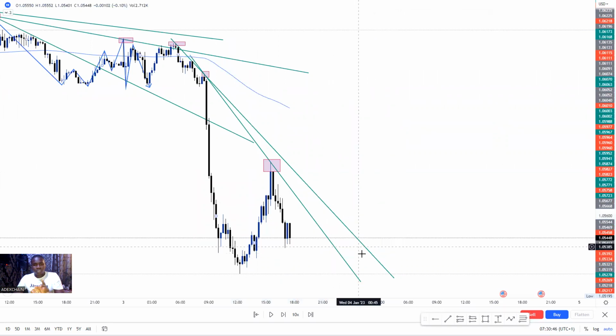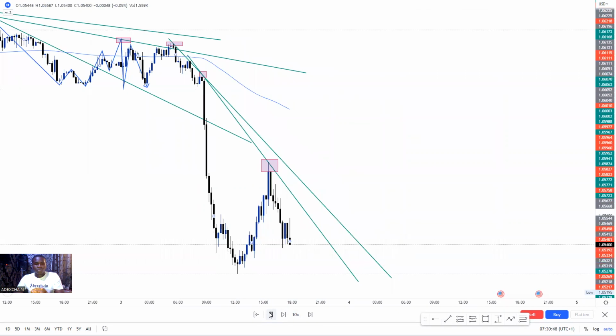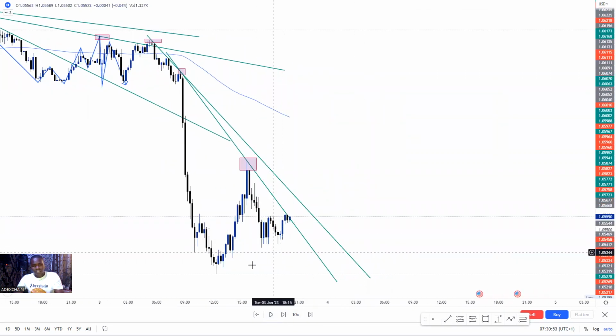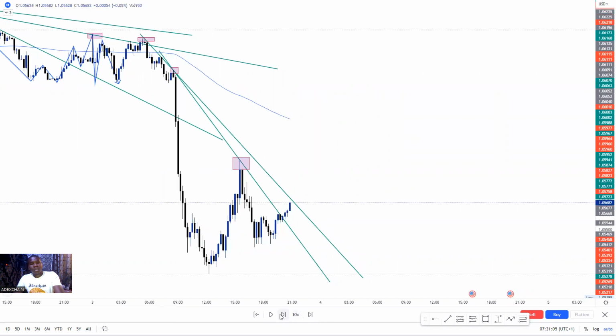I was like, okay, the second is still active, right? So let's watch what this trade is going to do. I've been waiting, monitoring the market till date. This is January 3rd. Yesterday, I was monitoring, and I got a breakout. I was like, okay, maybe this is the time to enter the market.